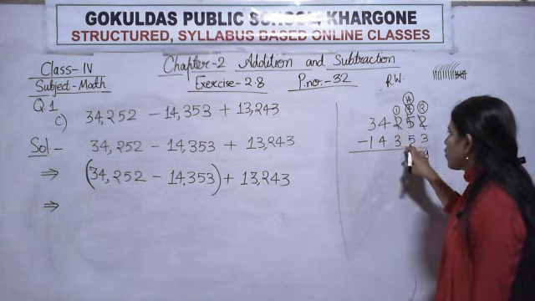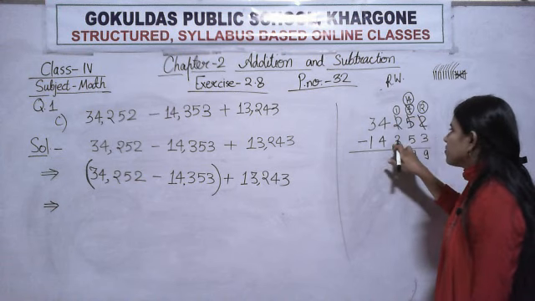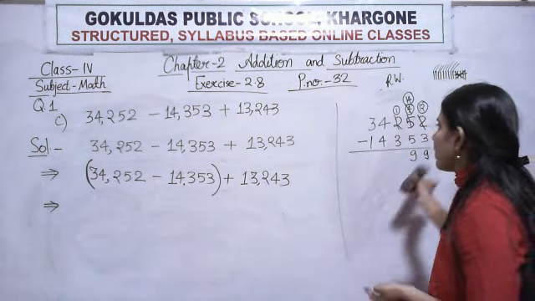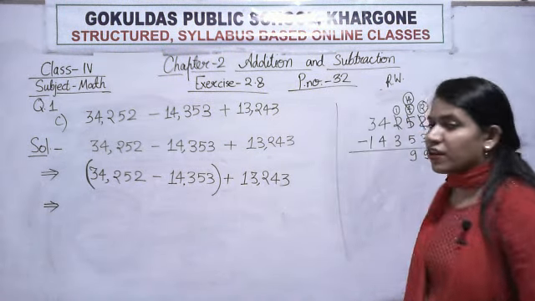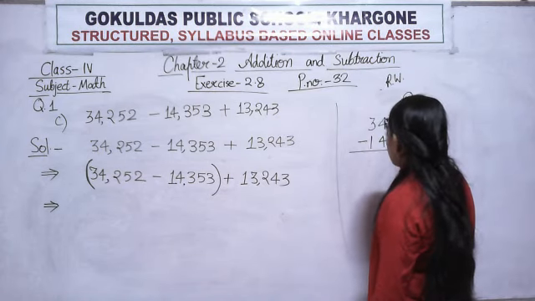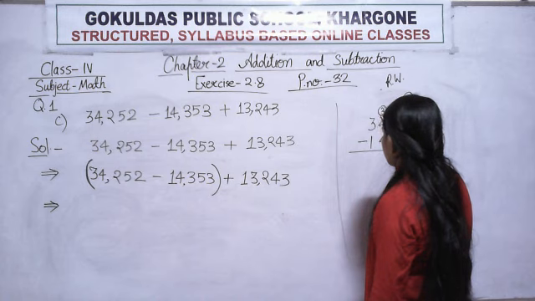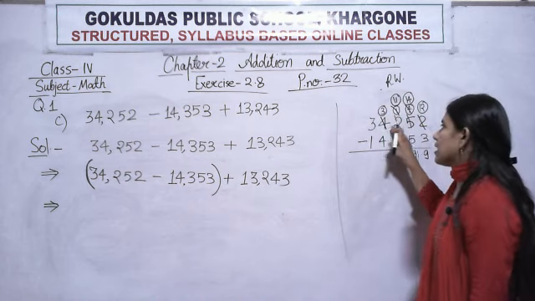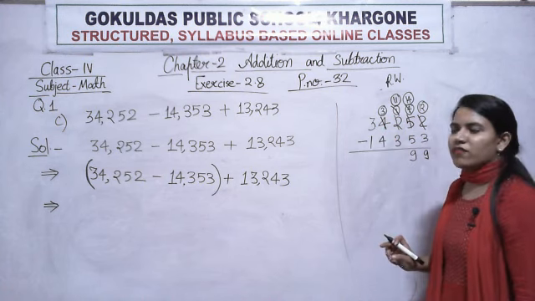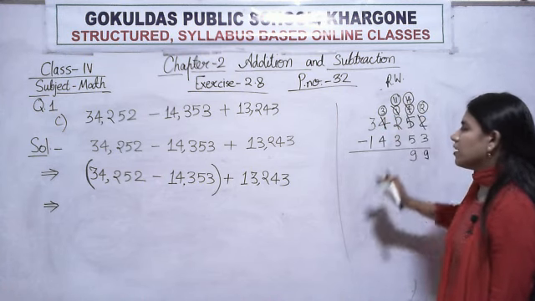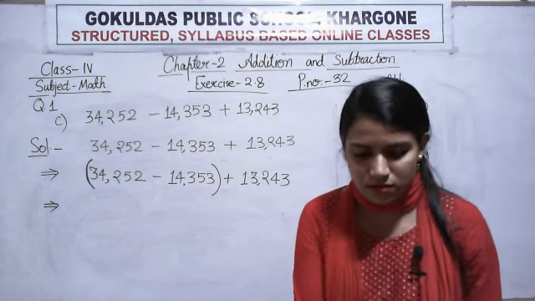Now move to the next column. In the next column, 1 minus 3. Again 1 is a smaller number than 3. So you cannot subtract 3 from 1. So what will you do? You will take the borrow from the neighbor's column. So it becomes 11. And here it has given a borrow, so here only 3 is left. Okay, now solve this column. 11 minus 3. Give me the answer fast.